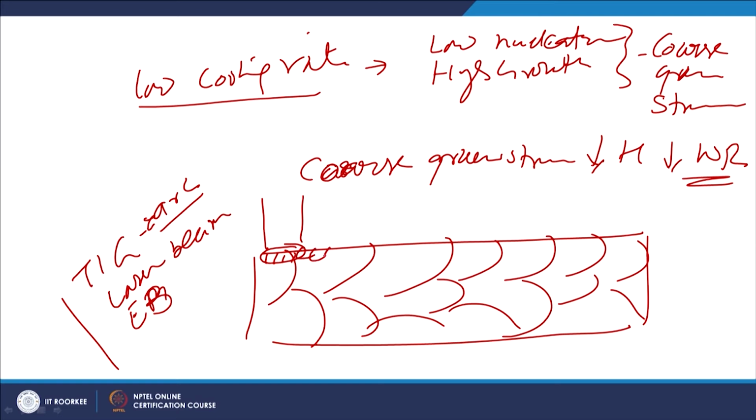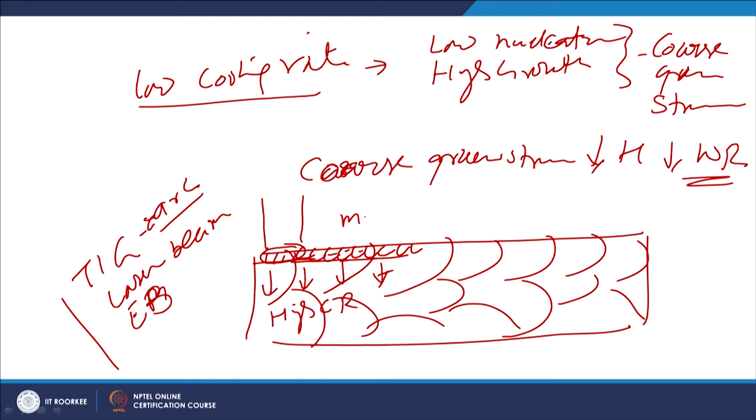This depth will be influenced by the purpose for which surface modification is to be carried out. So, when the required depth is brought to the molten state, because of the higher energy density, very low heat will be required to bring it to the molten state, and thereafter the underlying metal, which is still at a lower temperature, will be extracting the heat at a much faster rate. So, very high cooling rate conditions will be experienced by the metal which was brought to the molten state.